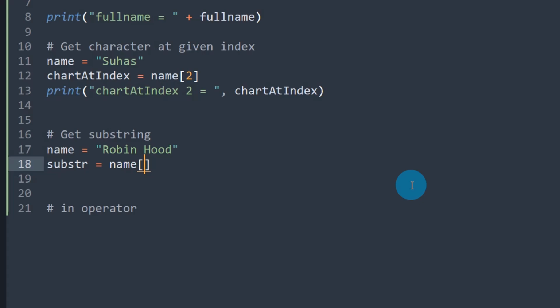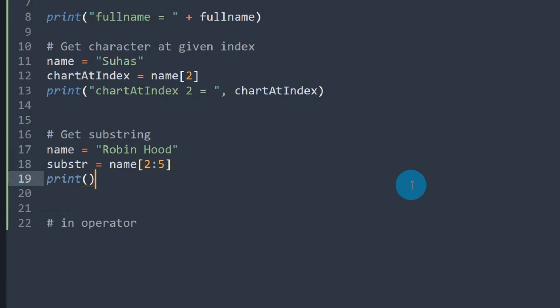Here we need to write within square brackets the start index, that is 2, colon, and the end index. In this case 2, 3, 4, right? We should not give 4, we need to give 5 here because the last index is not included. So this will give the substring starting from index 2, 3, 4, but not 5 because this is excluded.